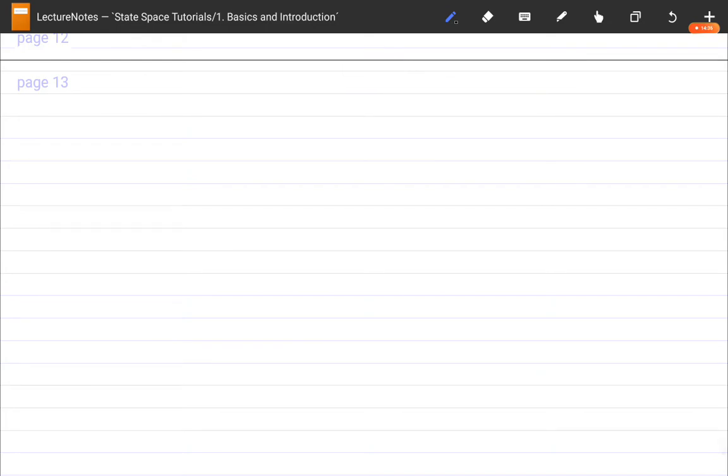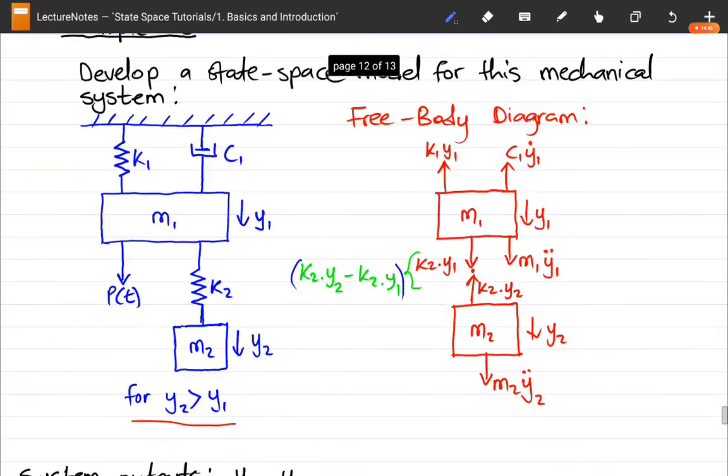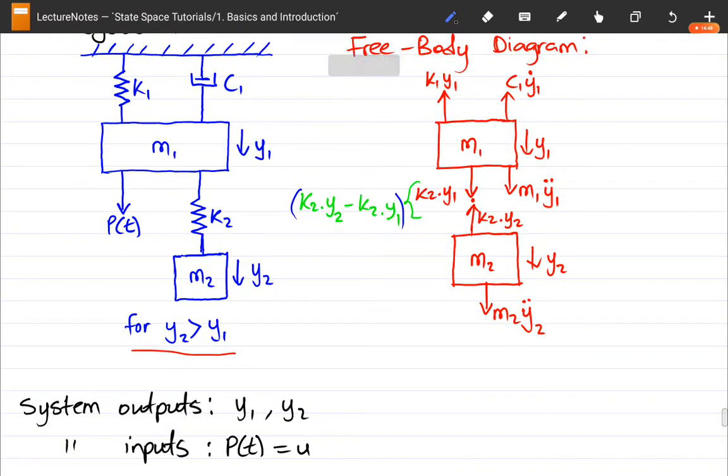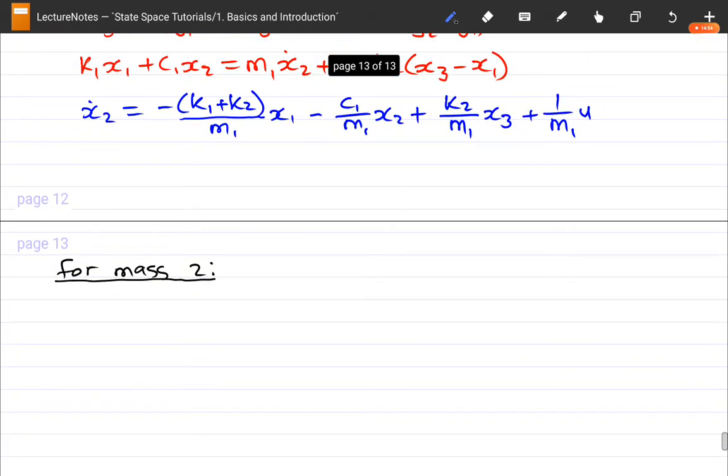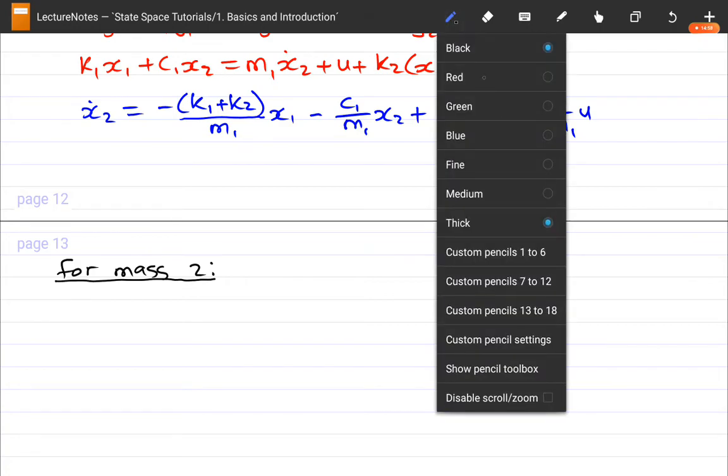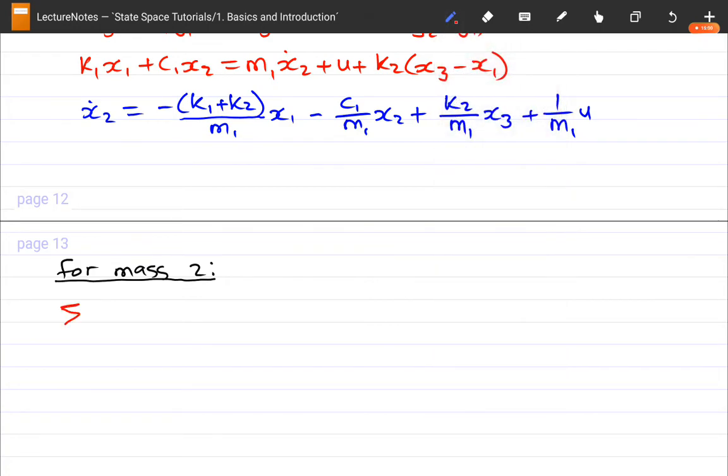Okay, so for mass 2, same stuff. Let's go back and look at it. For mass 2, we're going to be looking at the sum of the forces acting here in the y direction. So I will write this in red again. Fy